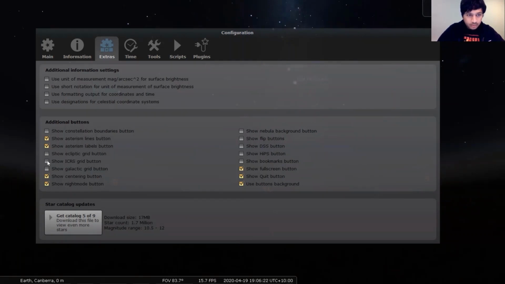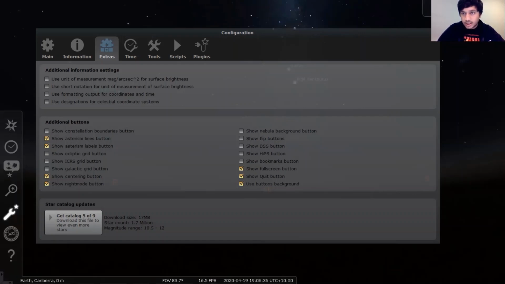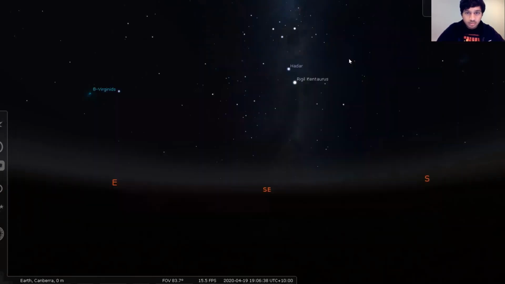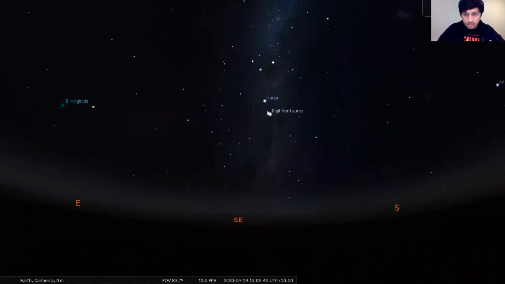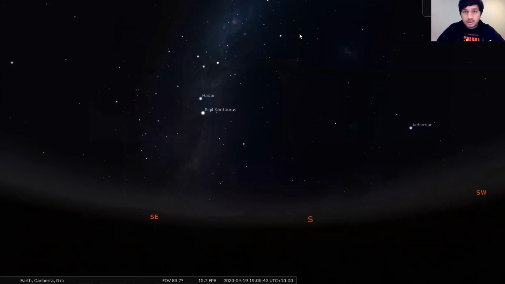You can also have a number of other things such as various grids, which we'll see in a further part of this tutorial. And you can see constellation boundaries as well. So Stellarium always has more than you can ever explore. And we'll slowly explore all of these things in the further tutorials.